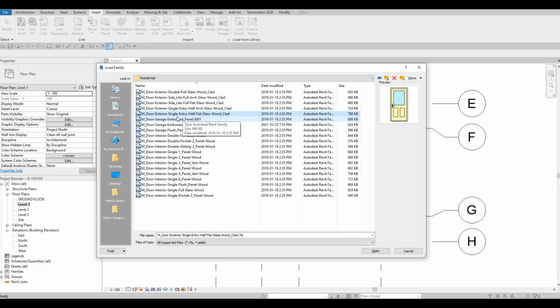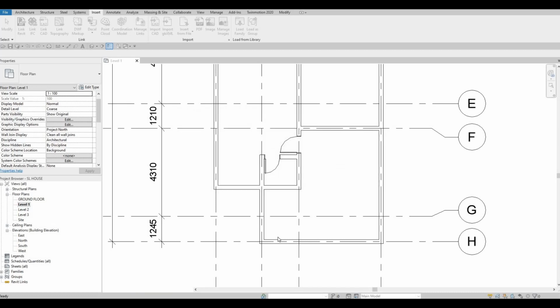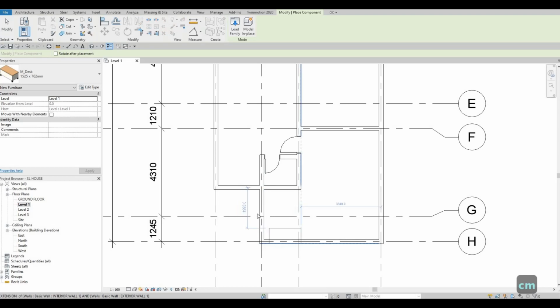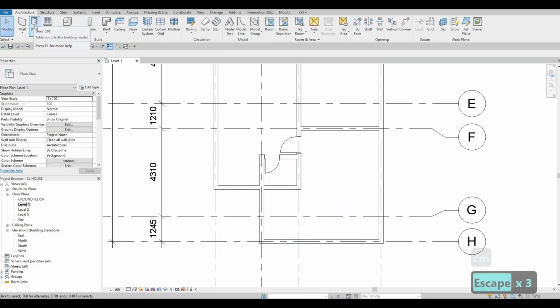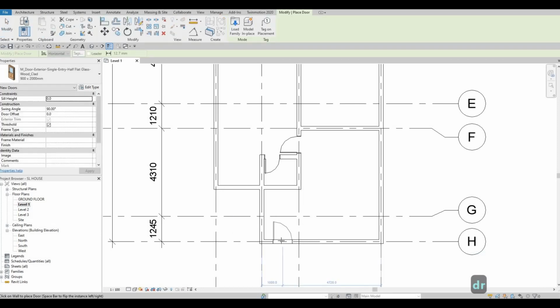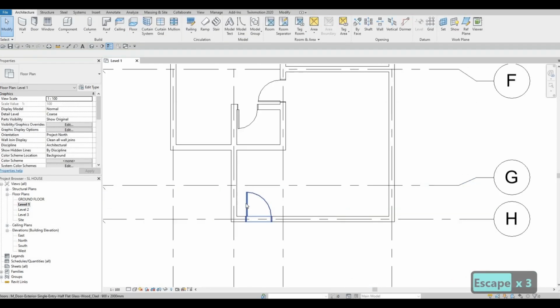So for now, I just want to add that one. I'm just gonna choose maybe around 900 by 2000, and I believe that is good enough to be added. So here I'm just gonna click on door, DR, that's for short, and then let's just add it right about here. So we have our door entrance right here,